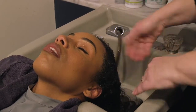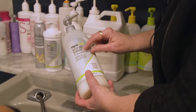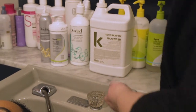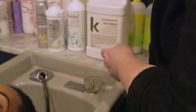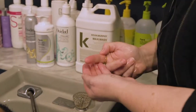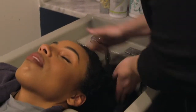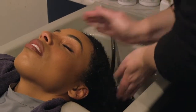So usually, for somebody who's not having a lot of suds and not having a lot of super gunk, I would use the Build-Up Buster. They do look a little the same. But today, we're gonna use the Maxi Wash because, again, we really wanna start with a clean canvas. And you put it over the canopy of the hair when you do it